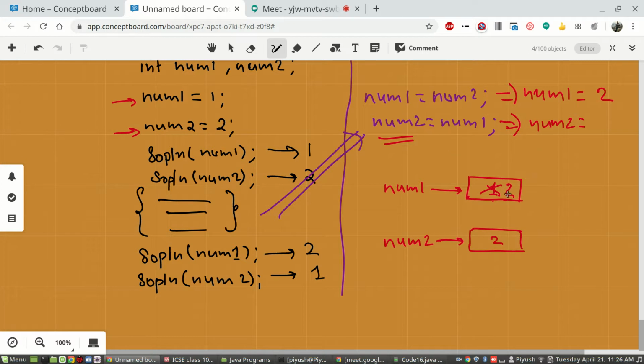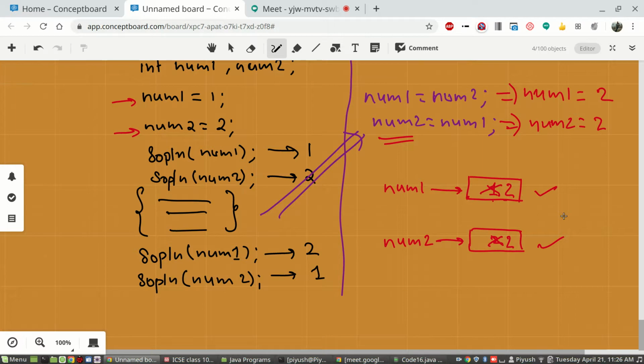Num1 was still containing 2 because just before that you copied from num2 and put it there. So it will bring 2, erase the earlier value, though the earlier one was also 2, and write 2 again. So after these two lines you will see the content of both becoming 2.